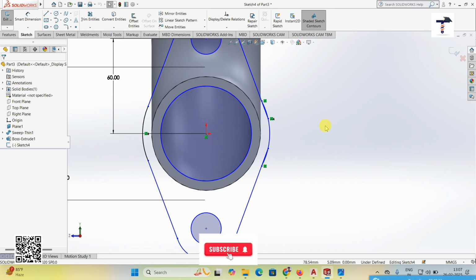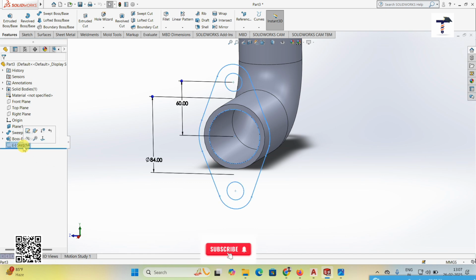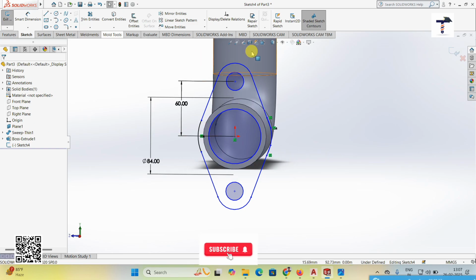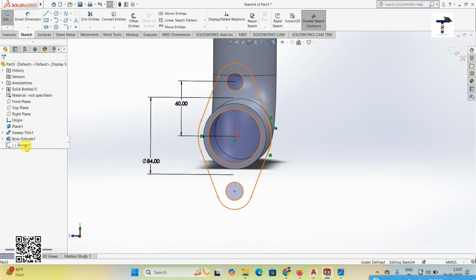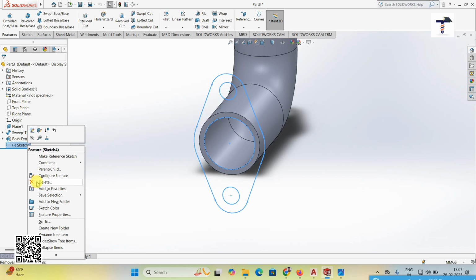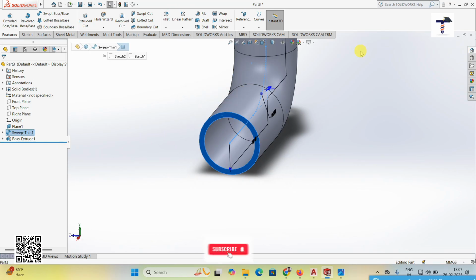Okay, so okay, I'll delete this one. Suppose select this face and then sketch,